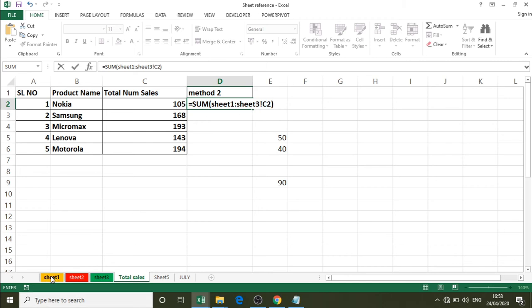This is one more method of working with sheet reference. That means when we have consecutive sheets, and this helps when we have a larger number of sheets. Say for example, if you want to find the total for all the months, for the 12 months you have 12 sheets and you are trying to find the total in a final summary sheet, then you can use this method.